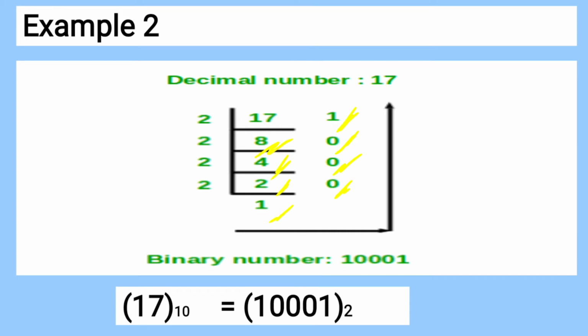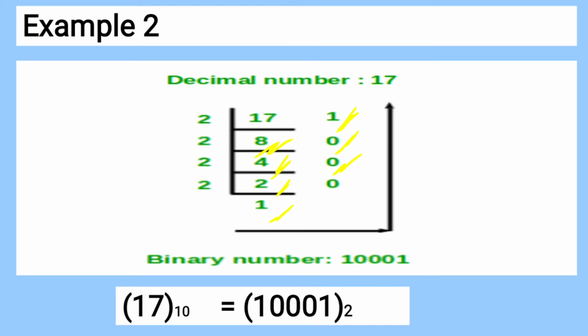In the previous example, it was written one step ahead. It was written 2 zeros are 0 and this 1 was taken this side. Either you can do it that way or you can simply stop here itself. This is also okay. When you get 1, you stop here itself and you write your answer from here to here. That is also okay. Just go back to the previous slide, you will get the idea.